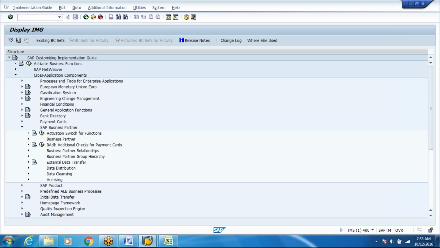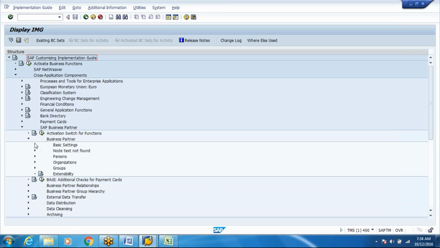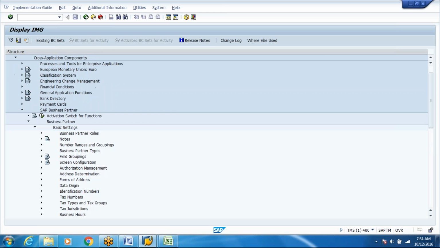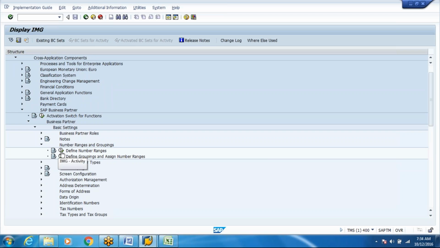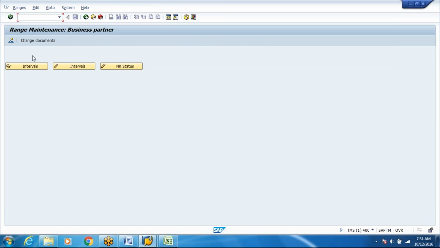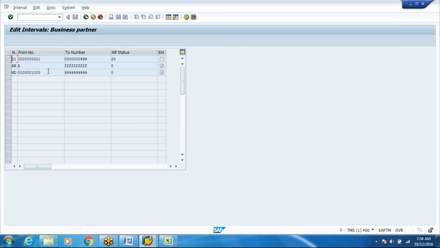SAP business partner. Business partner, basic settings. Here you can see we have set A to ZZZ and 1000 to 9999 as externally determined, because these number ranges are going to come